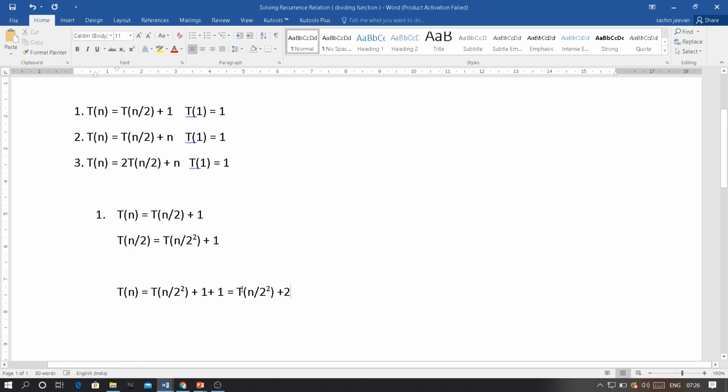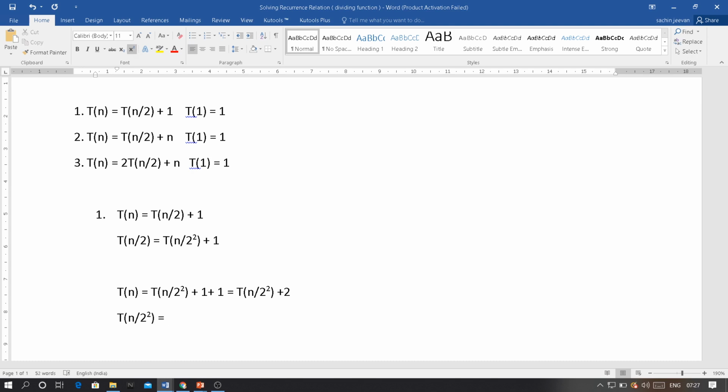Now you have T of n divided by 2 square. You have to expand this T of n divided by 2 square. How to expand that? T of n divided by 2 square has to be expanded. So T of n divided by 2 square plus, sorry, T square